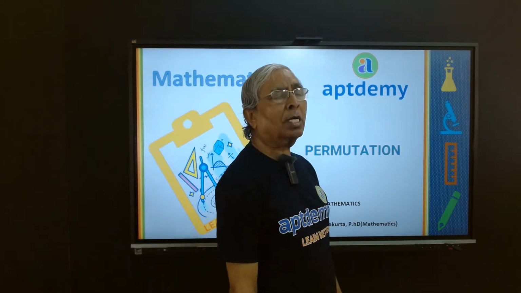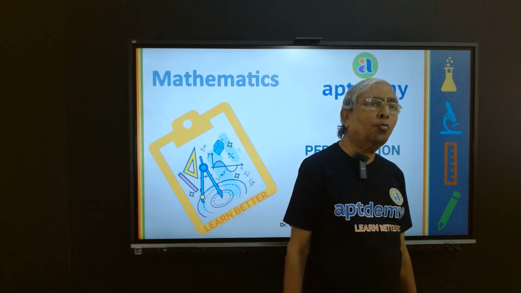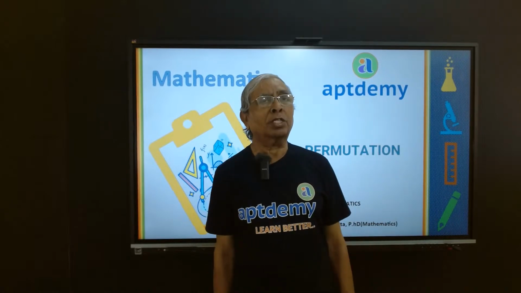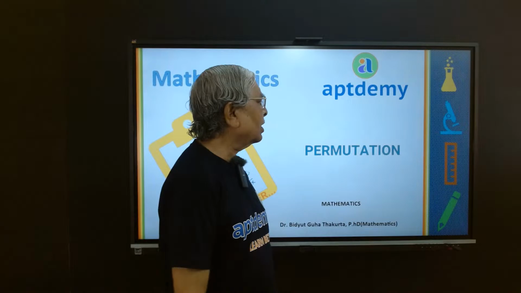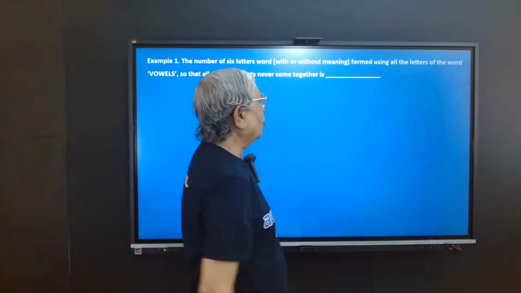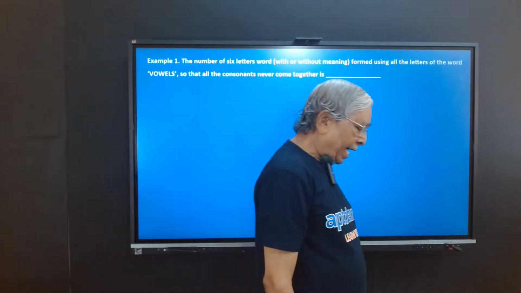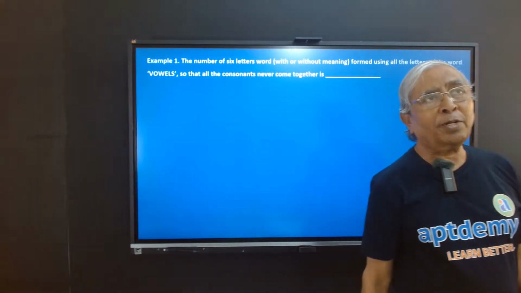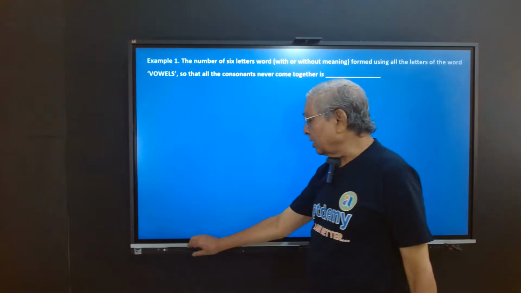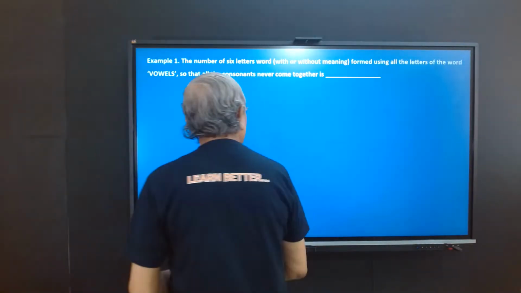So now we will start the two problems on permutation. Now first we discuss what is permutation. Permutation is nothing but an arrangement. What is the arrangement? Suppose we have